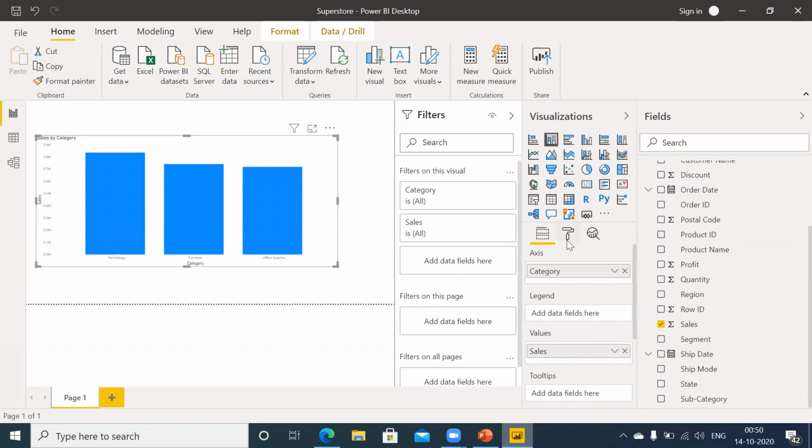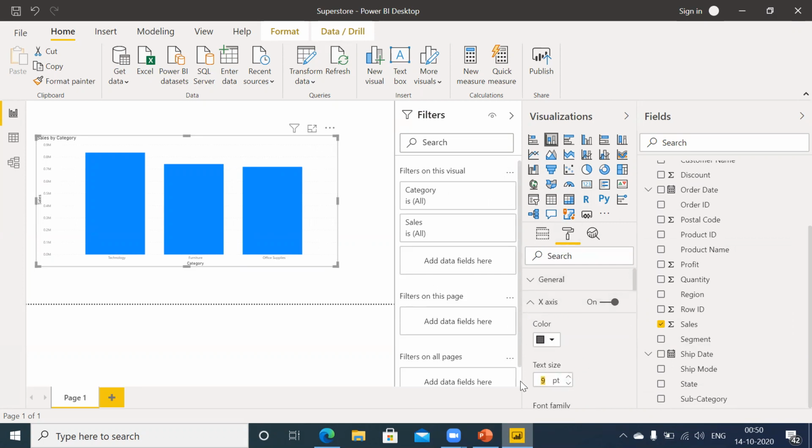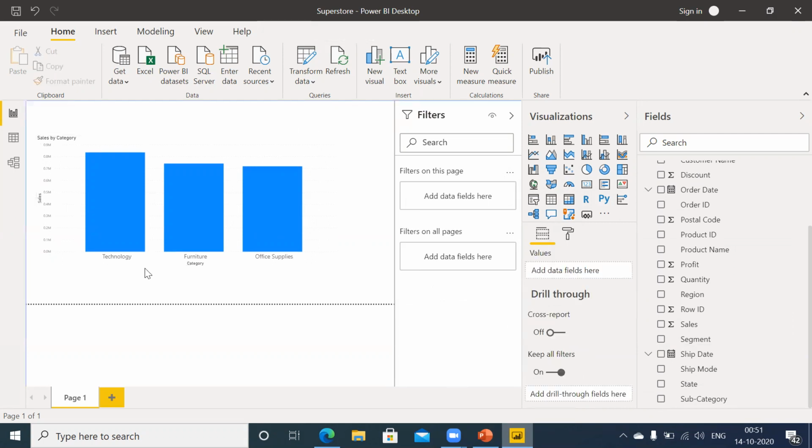X-axis value size is small, so let's increase the size. Yeah. So you can see there are three categories: technology, furniture, and office supplies, and sales of each category. So this is the category.